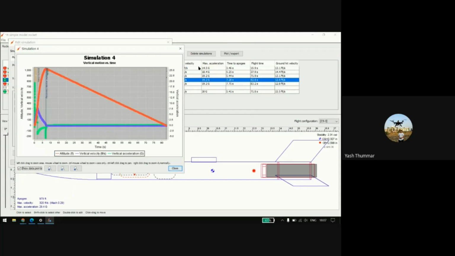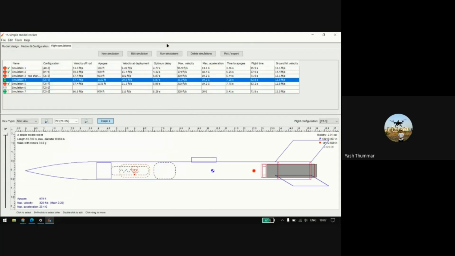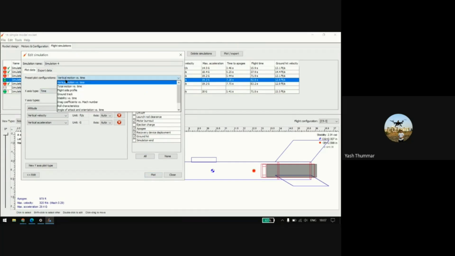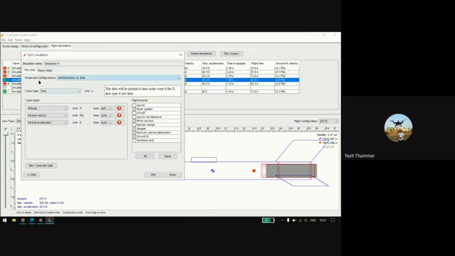Simply double click on this, and in this plot data we will find the plot, and you can also change some relative things, like what kind of things you need plotted.